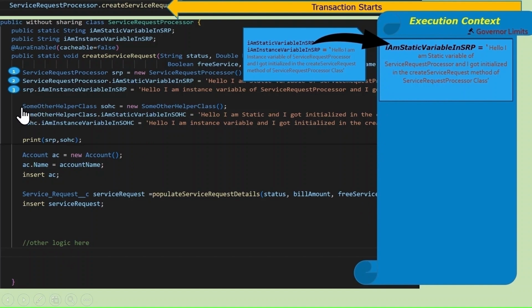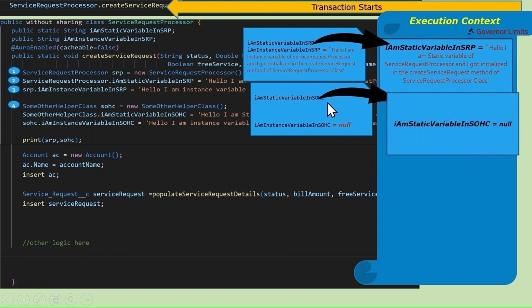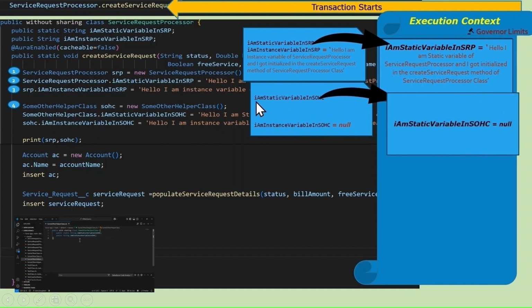In a similar way, it identifies another class here, some other helper class. So first it has to load this class. While loading this class, it identifies one static variable and one instance variable. That static variable's scope will be maintained in the execution context, whereas the instance variable is located inside the SOHC